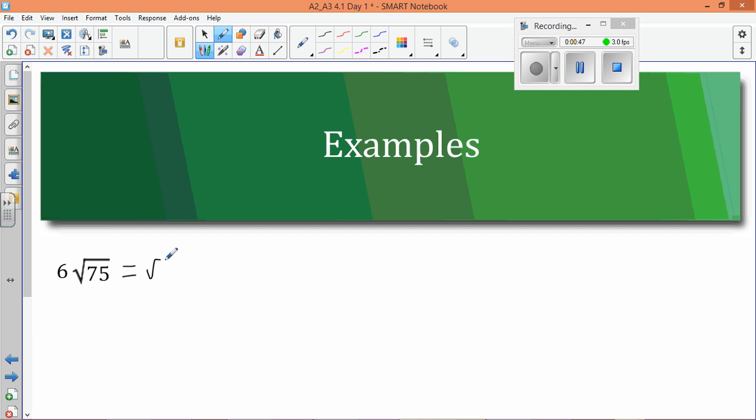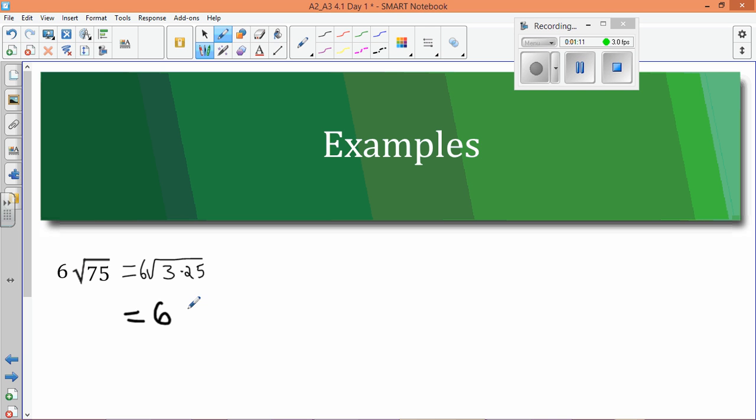So then I split up 75 into its pair of factors that includes that perfect square, so that's 3 times 25. And I remember to put my 6 here as the coefficient. So the 6 is tagging along for the ride, but it's important to keep that there or else you might forget about it. So then my result here is,